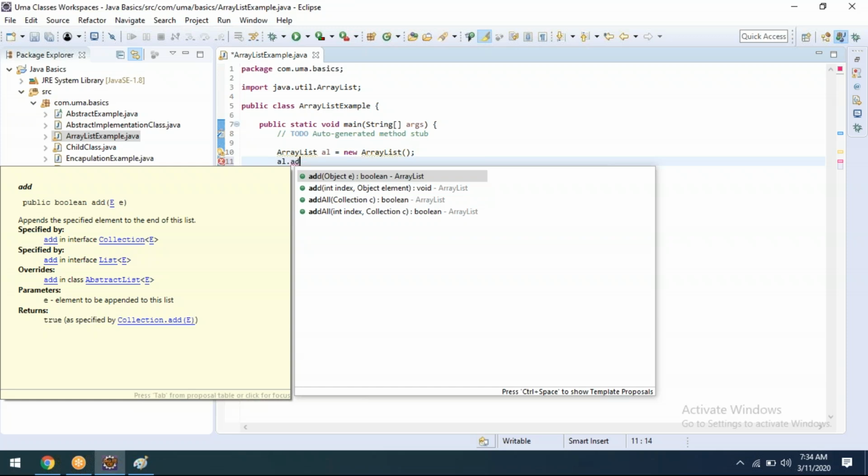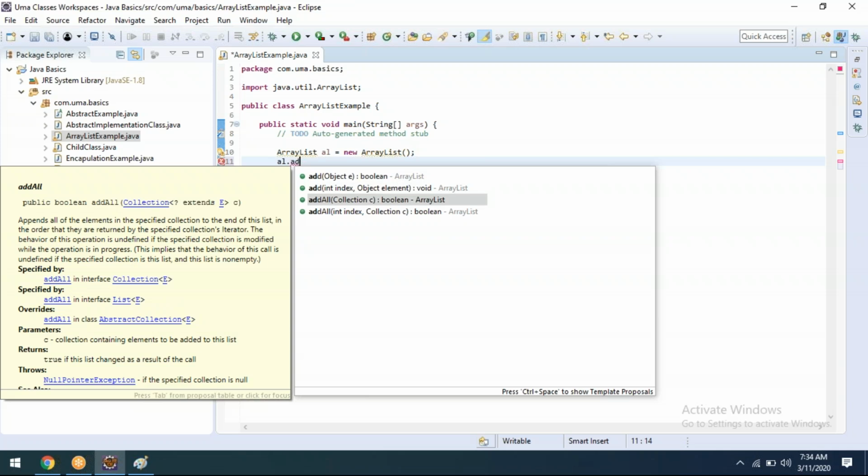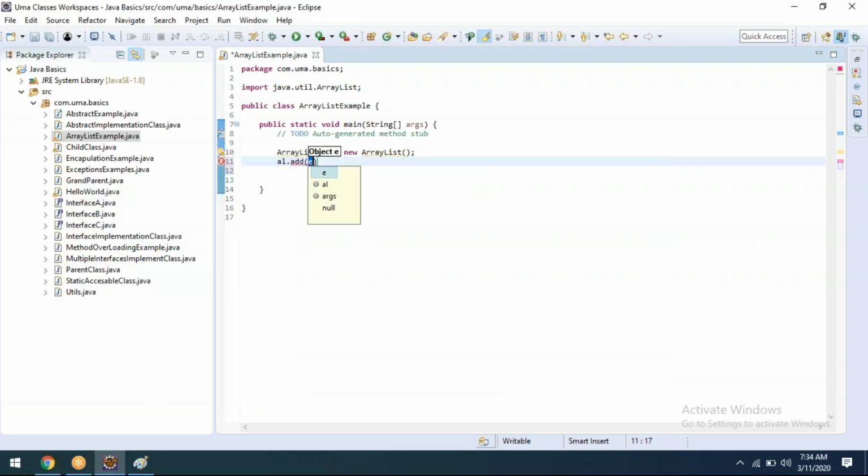The first one and second one, if you observe, we give only a single element. If you go for addAll, another ArrayList also we are able to insert here, a collection. If I say it now it will be confusing, better to go for the first one. We'll see that later.